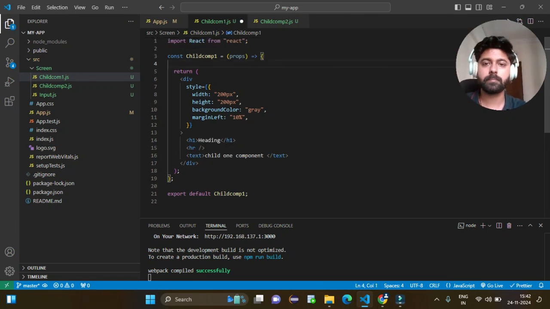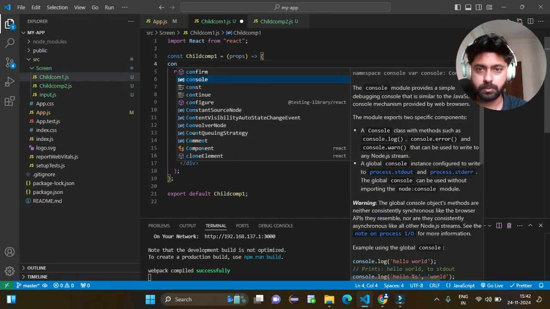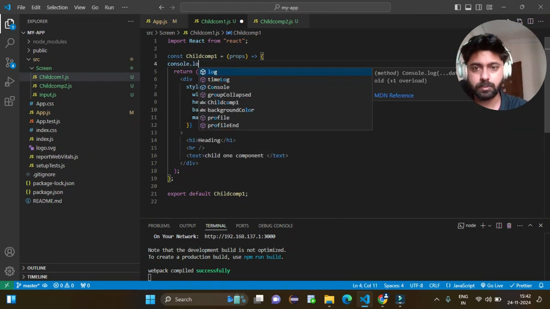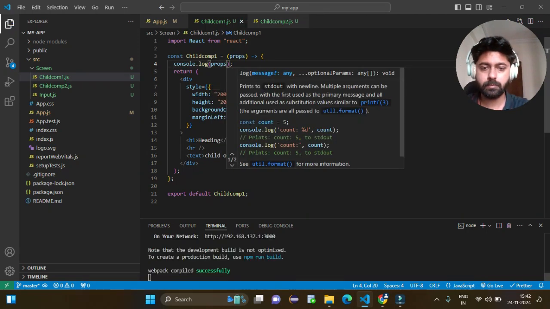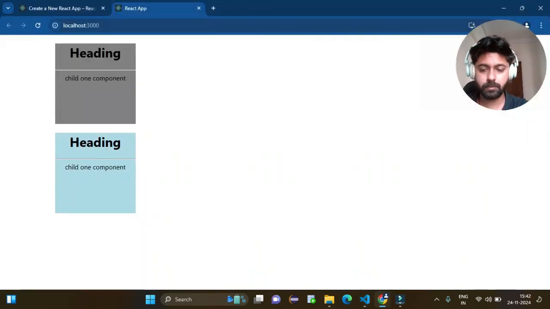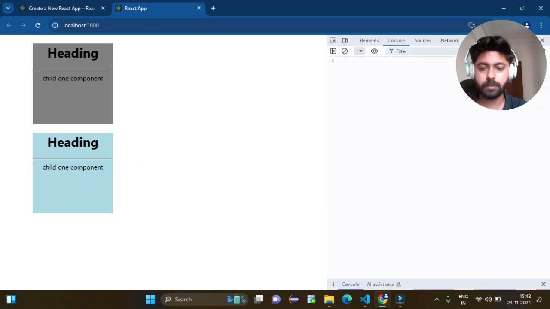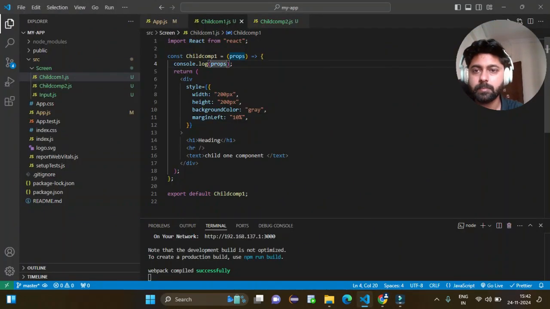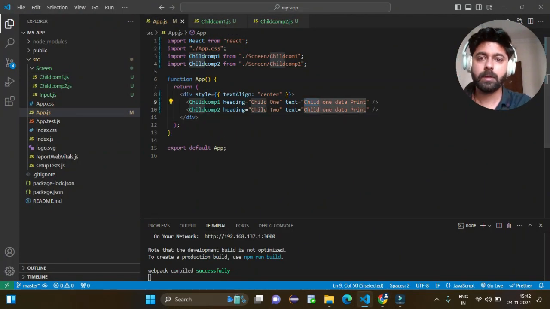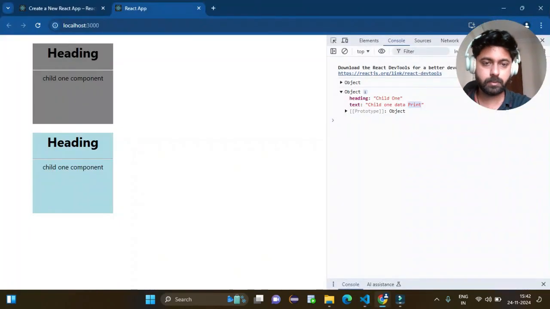So we pass this props from parent. So before adding to the text, I'll show you how it looks. So I will do the console.log and then I will print the props and save. Go on UI and then see how it looks. If you open the terminal, you'll see the props are getting passed. So we pass this heading as child 1 and then text child 1 data print. So that we pass from the parent. So it will look like this. Let's close this terminal,